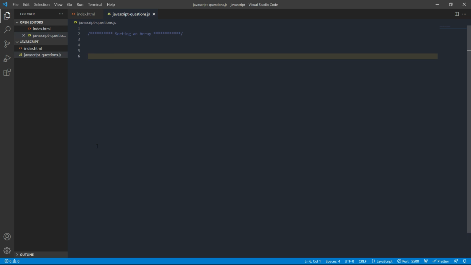The first question in the list is sorting an array of numbers. Sorting an array is a very commonly asked question in any interview, either directly or you might face a situation to sort an array in any other questions. The primary condition the interviewer gives is not to use any predefined methods or functions. There are multiple sorting algorithms like bubble sort, merge sort, quick sort, and so on.